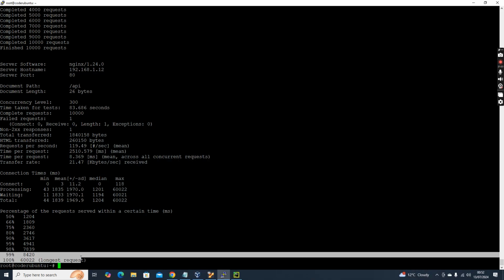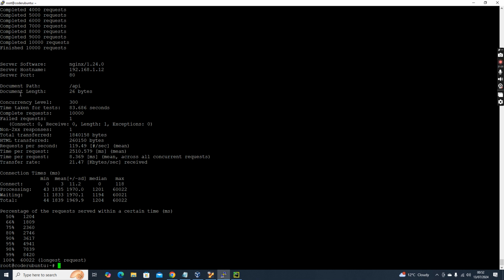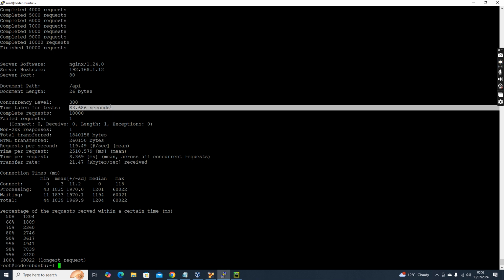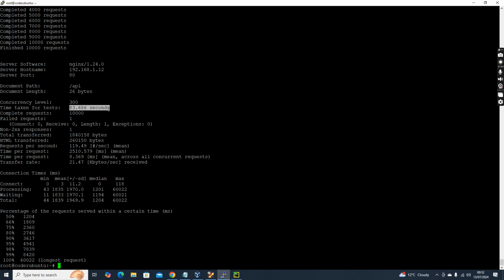Yeah, it's finished. So all 10,000 requests finished. And you see how much time it took? It took 83 seconds. So let's say if this was a requirement for one request per minute or something, what will happen? If the client is sending too many requests, it will end up degrading the performance of the web server, or API or application, or it will even bring down the